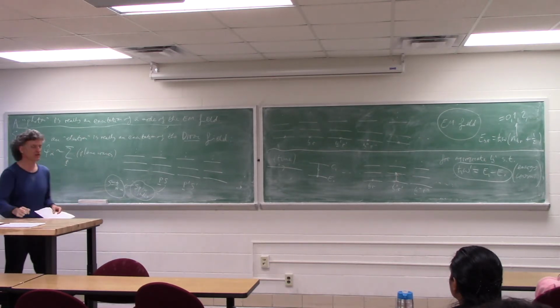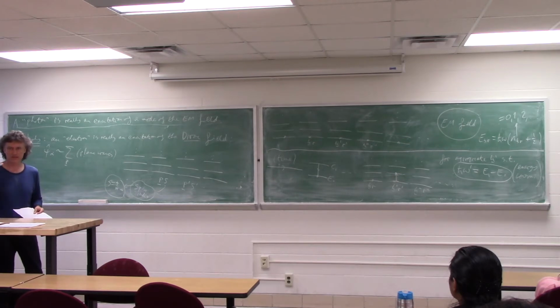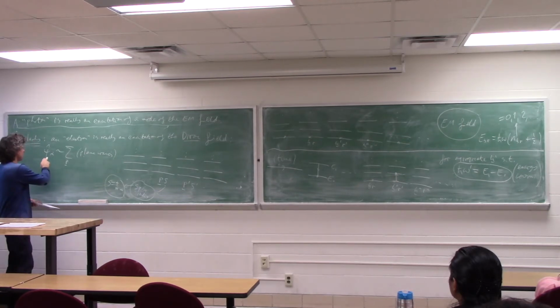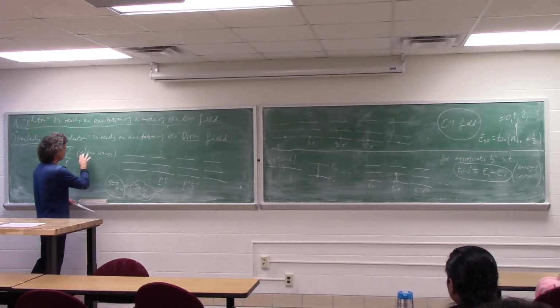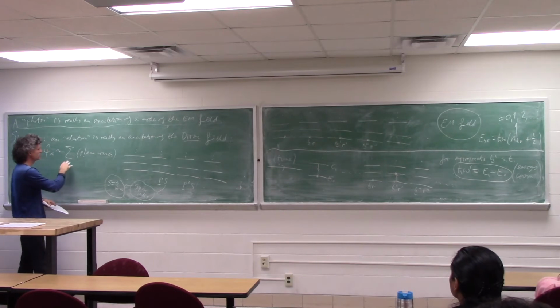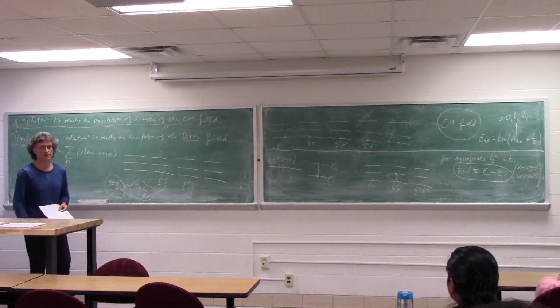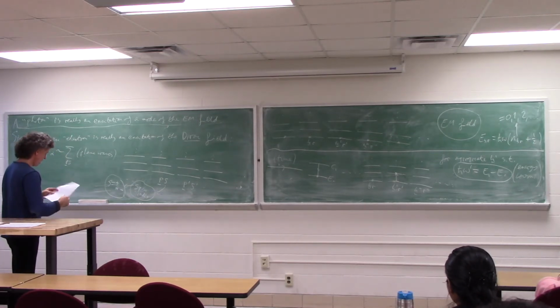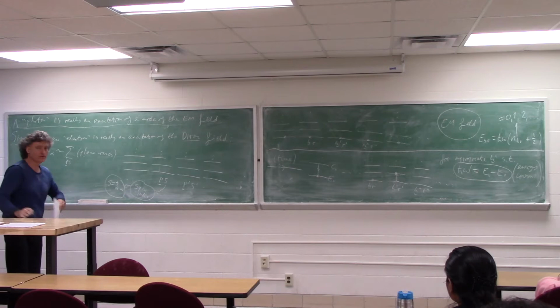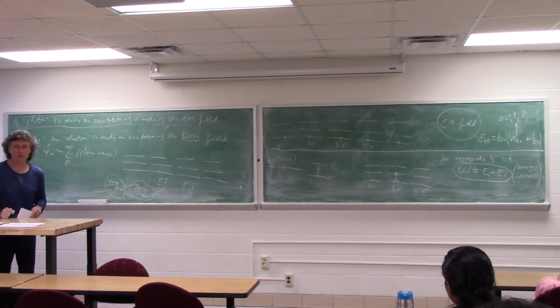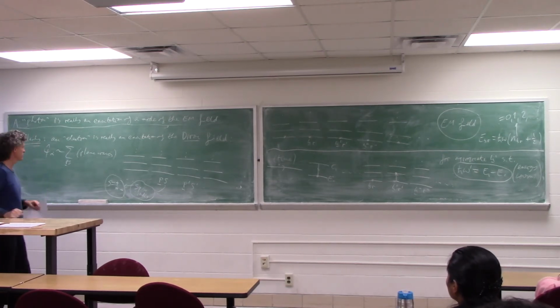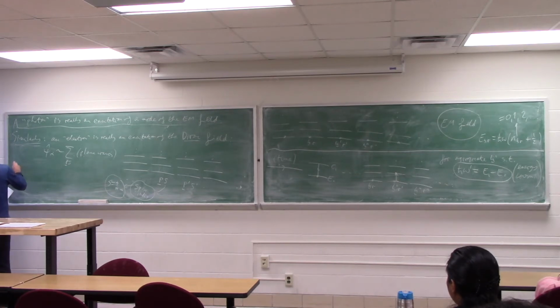We'll define it properly later, but it turns out that because this is a multi-component field, to have a complete set of states in this expansion, as well as this 3-vector momentum, you also need a spin index. And there's one twist. That the fields